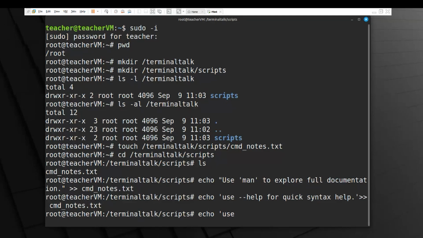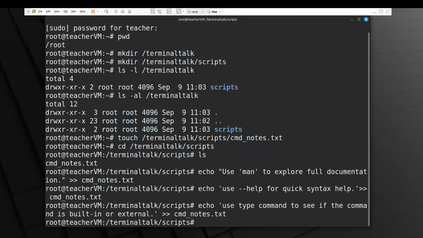Use type man to see if the command is built in or external. And again, closing this with the single quote, space, append, space, and C, tab,